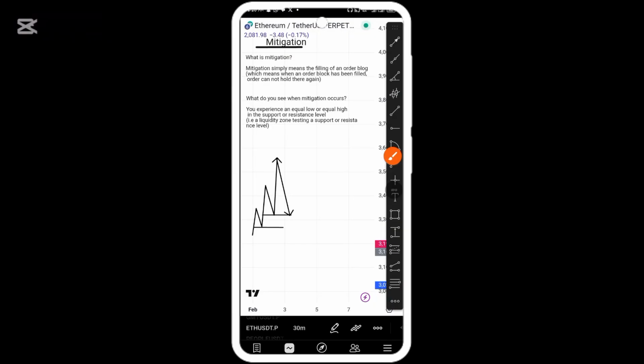So guys, let me take you to my phone screen and show you how to create a position around a mitigated order block. All right guys, let's go. Okay guys, welcome back. Now I want to show you how to create a position. Like I said earlier, we already have something like mitigation here. What you see now is, before this occurs, sorry, let me remove this. Before this occurs here,